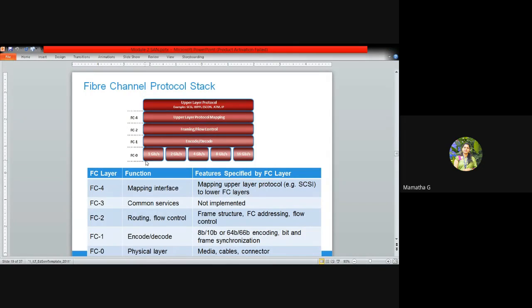And you can also see in FC0, we have a variety of data rates. According to the data rates, we will select the cables or connection process. We have n number of connecting devices. We'll select according to the various data rates. Hence, it is mentioned 1 gigabytes per second, 2, 4, 8, and 16. All these are various rates. It depends overall on the application on which you are working. This is your fiber channel protocol stack.